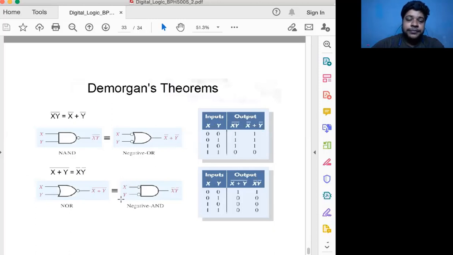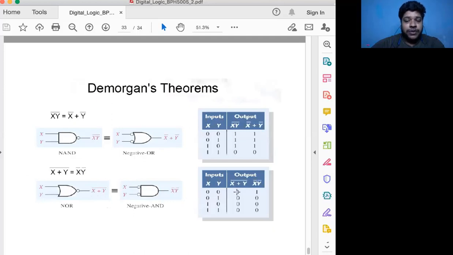So x and y इसको इन्वर्ट कर देंगे तो हो गया x bar y bar, और उसको मल्टीप्लाई कर देंगे तो हो गया x bar y bar इसका आउटपुट। तो ये दोनों सेम है, ऐसा डिमॉर्गन कहते हैं। डिमॉर्गन कहते हैं कि (x plus y) bar is equal to x bar y bar। So what we can do to prove it, we again make a table of input और x y के डिफरेंट पॉसिबल कॉम्बिनेशन लिखते हैं और इसके आउटपुट का वैल्यू और इसके आउटपुट का वैल्यू देंगे। तो इसका आउटपुट 0 0 देंगे तो क्या होगा 0 0। So 0 plus 0 means 0 और उसको इन्वर्ट करेंगे तो it will be 1।